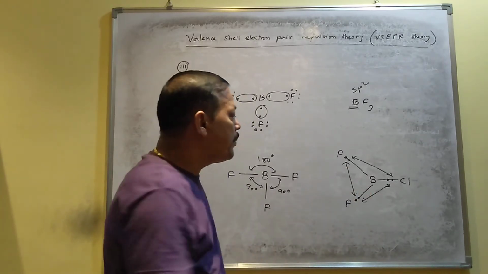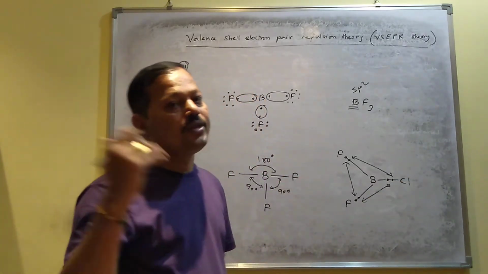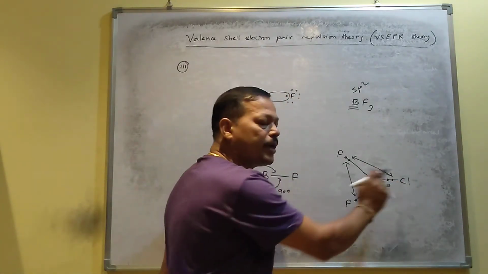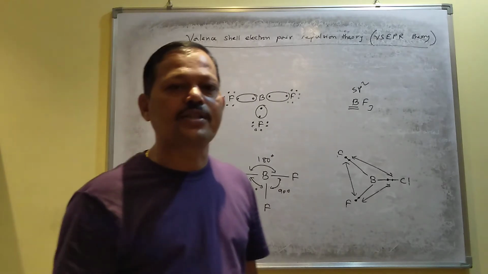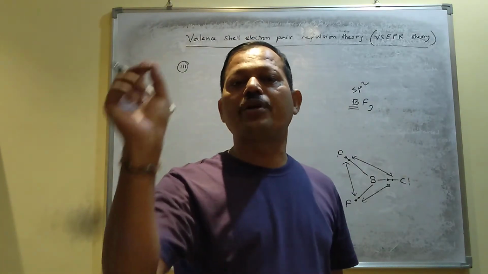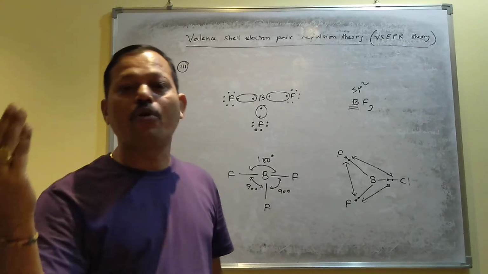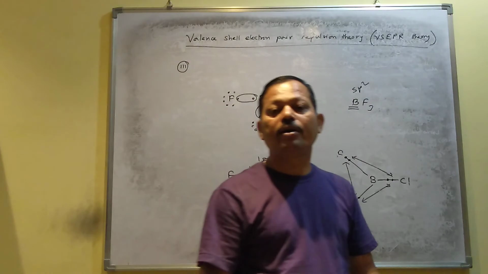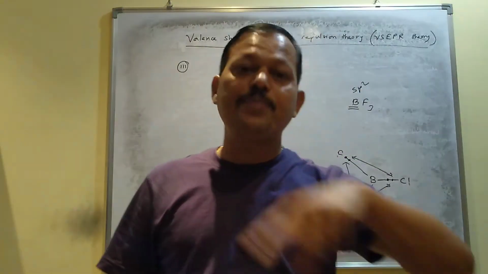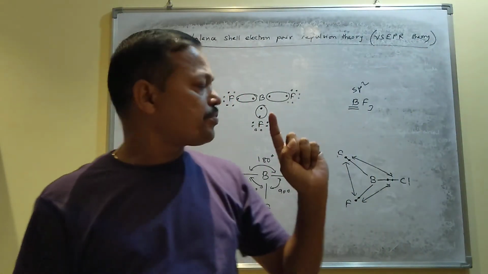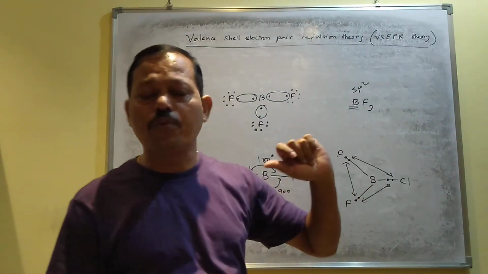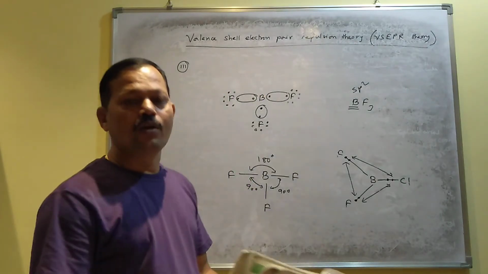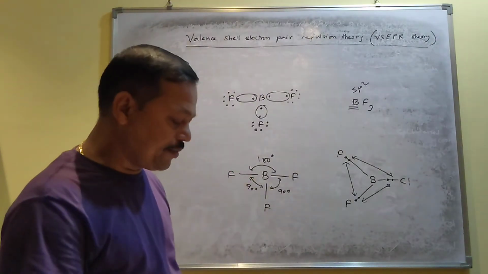So that is why, if the surrounding atoms are different, then you don't get the regular shape or original shape. So if one fluorine is replaced by chlorine, then you don't get the triangular shape. You don't get the bond angle 120, 120, 120. Ultimately, the bond angle will be something different from the original shape. So that is why those molecules in which the central atom is linked with similar surrounding atoms, and if the central atom does not have any lone pair, then the molecule will adopt the original shape. So that is about the third point.